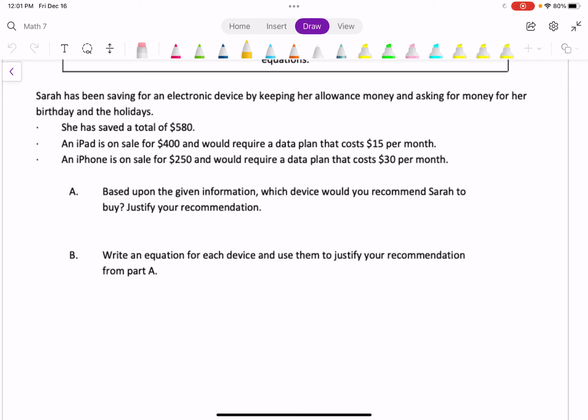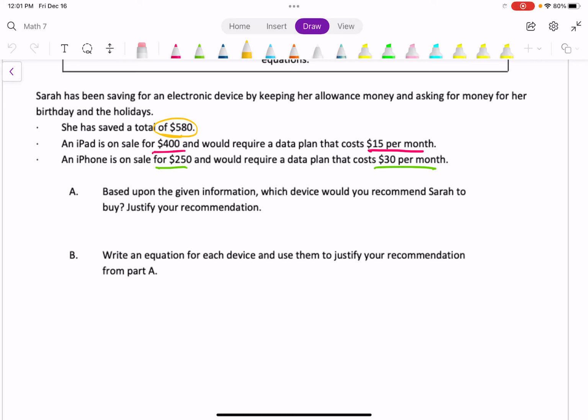So Sarah has a total of $580. An iPad is on sale for $400, and a data plan that's $15 per month. An iPhone is $250, and a data plan is $30 per month. So which one would you recommend? Just FYI, there's multiple, it kind of does depend, but